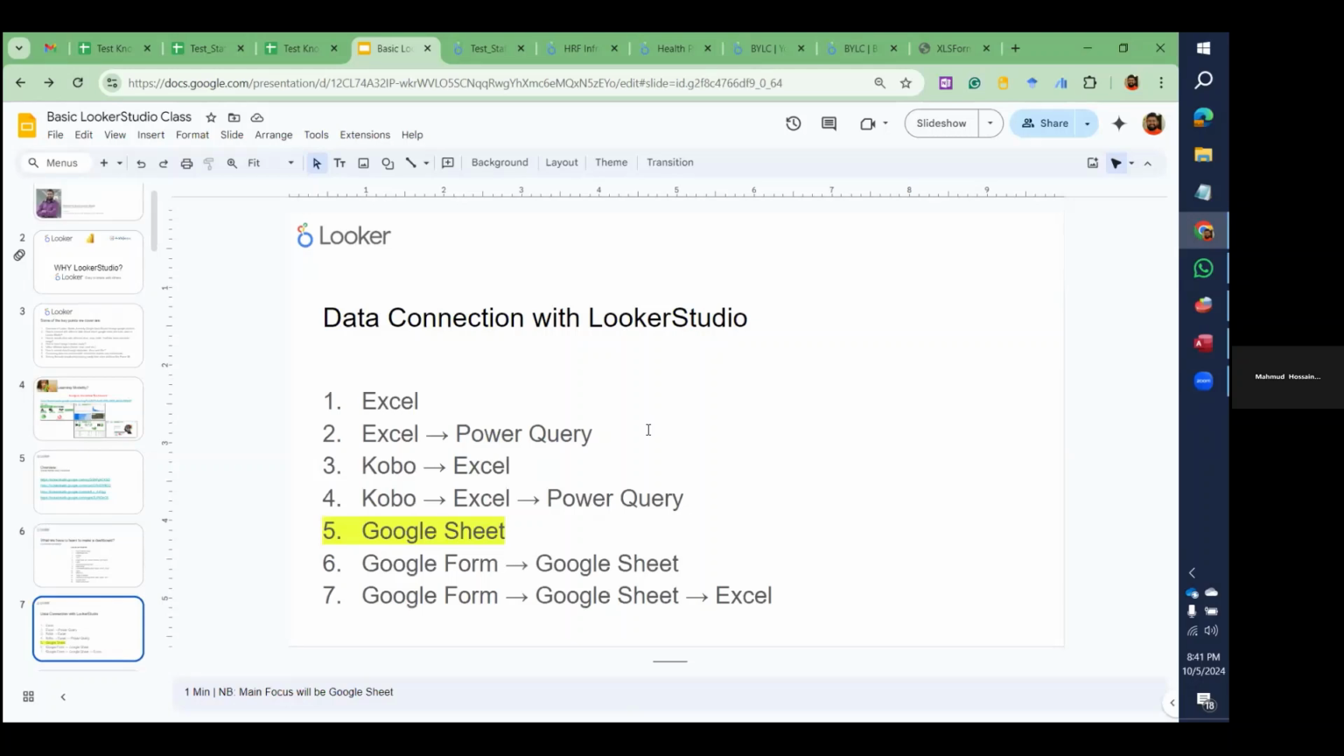And before preparing in Looker Studio, what do we need? We need a database. Without a database, we cannot visualize our data. So data is very important, and the advantage of Looker Studio is it can connect different types of data: